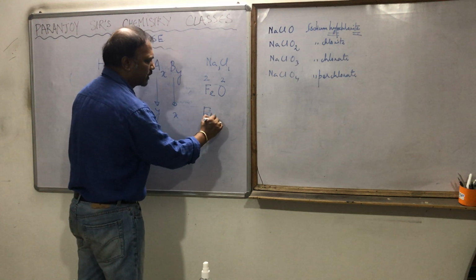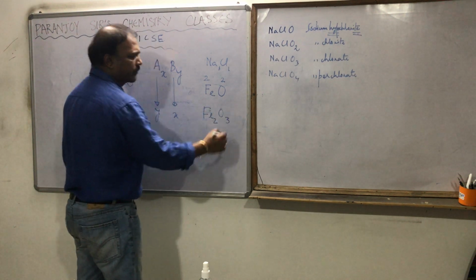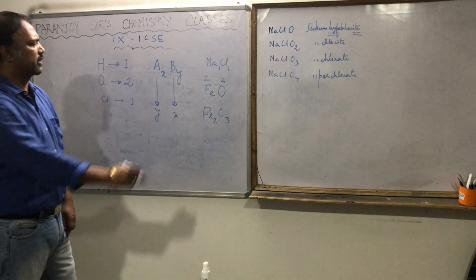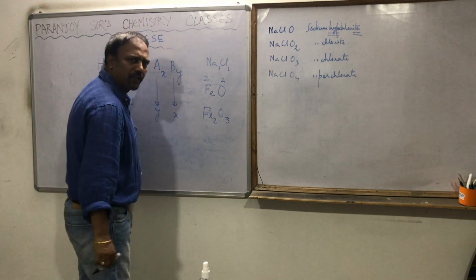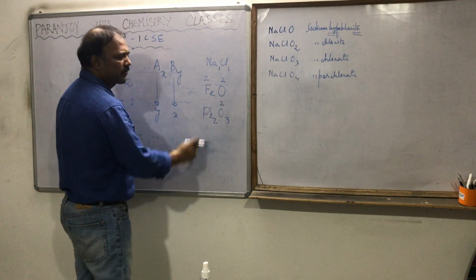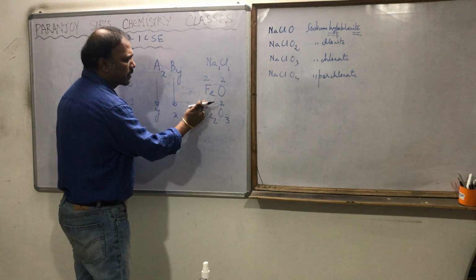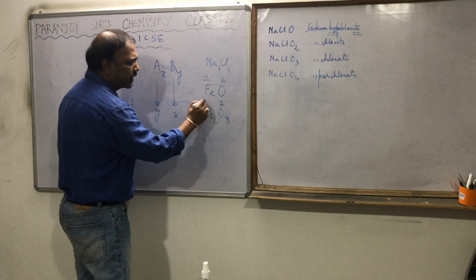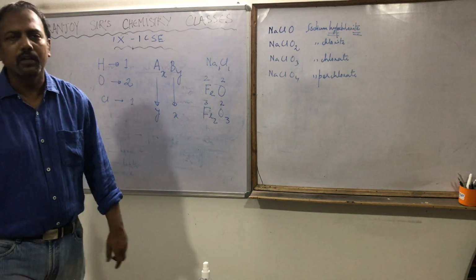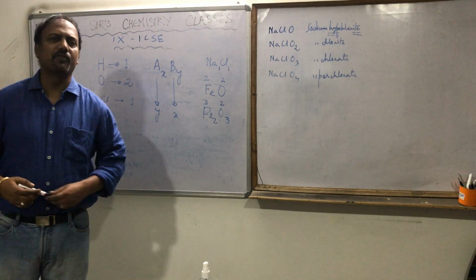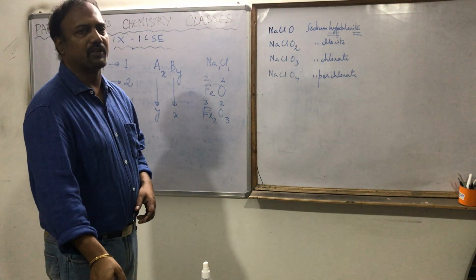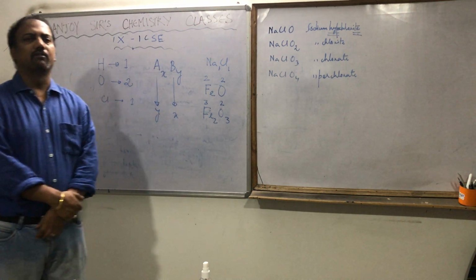So from the formula only we can measure the value. Okay, one more example. Fe2O3. What is the valency of Fe now? Let us find it out. The valency of oxygen is 2. 2 has come over here. So what should be the valency of Fe? It's 3 only. So what is the valency of Fe? It's 3. Simple. So from the formula also we can find out the valency of that particular element or that particular radical.